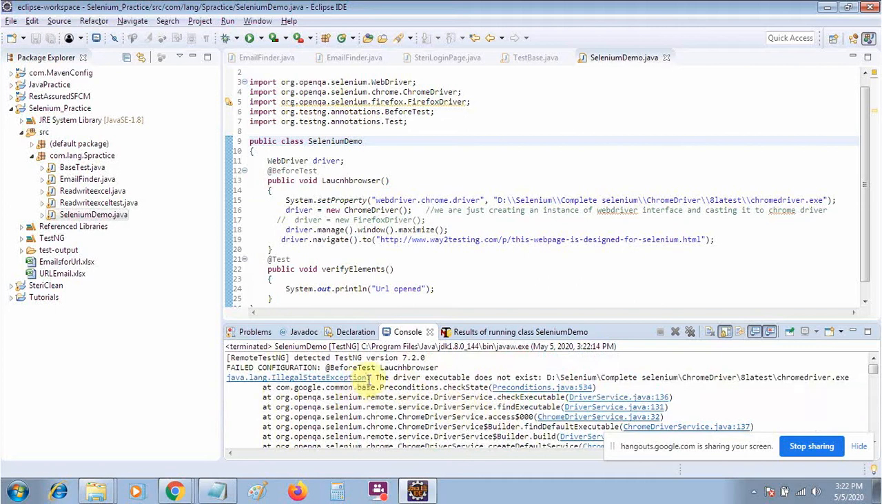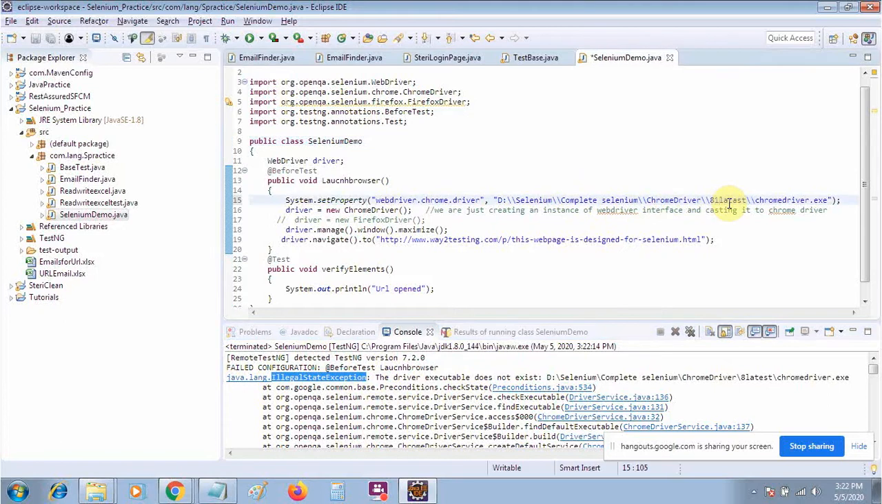You can see the exception is IllegalStateException. Okay, so this is also another intro question: what is the IllegalStateException? You should know that the path given for the driver is not correct. Now, in the same way, I will work for